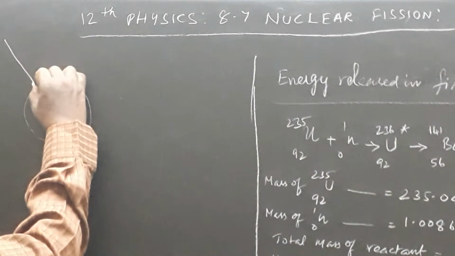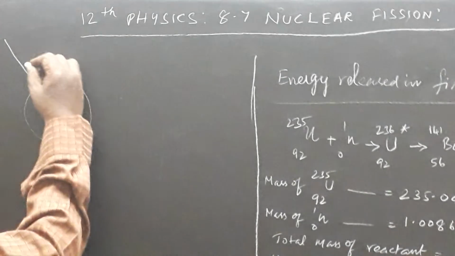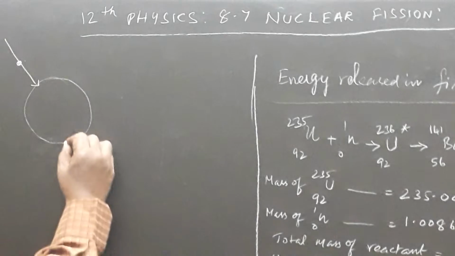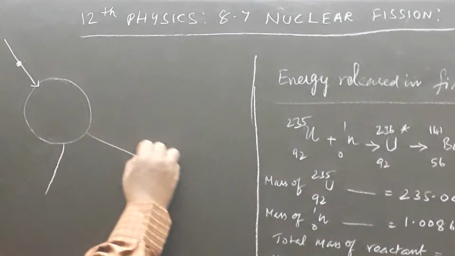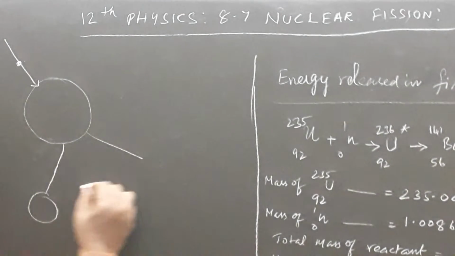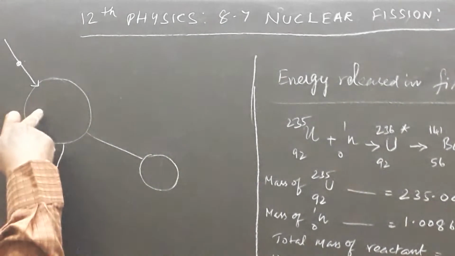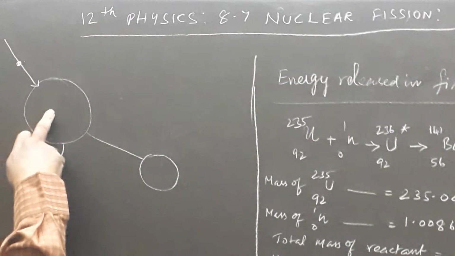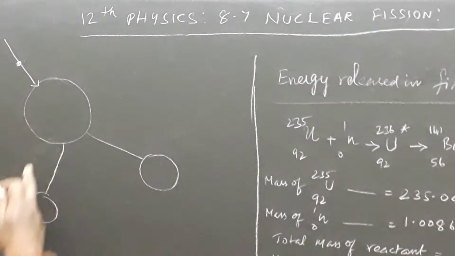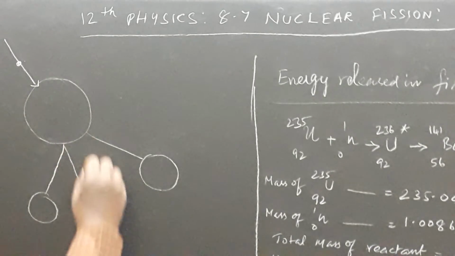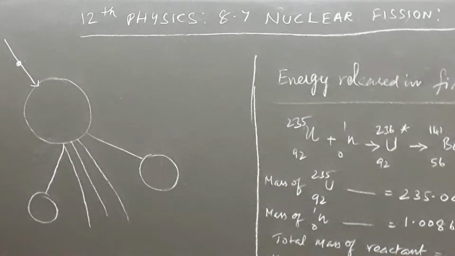When the heaviest object is bombarded by any energetic particle, it may split into two or more nuclei, bifurcated into two nuclei along with some neutrons, two neutrons or